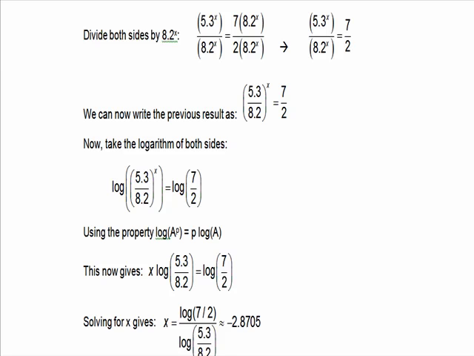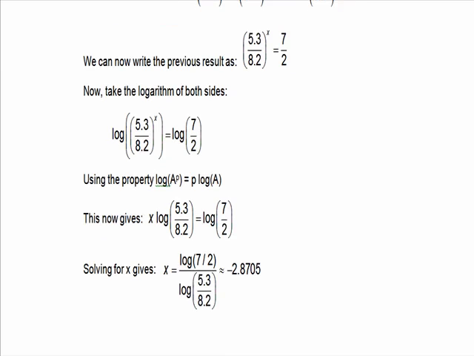Then I'm going to use my property of exponents that says if I have the log of a to the p, that's the same as p log a. And so now I have x times the log of 5.3 over 8.2 is equal to the log of 7/2. And now I have one more step. In order to solve for x, I'm going to take the log of 5.3 over 8.2, and divide both sides by that, giving me a final answer of x equals the log of 7/2 divided by the log of 5.3 over 8.2. And if I put that in my calculator, it gives me approximately negative